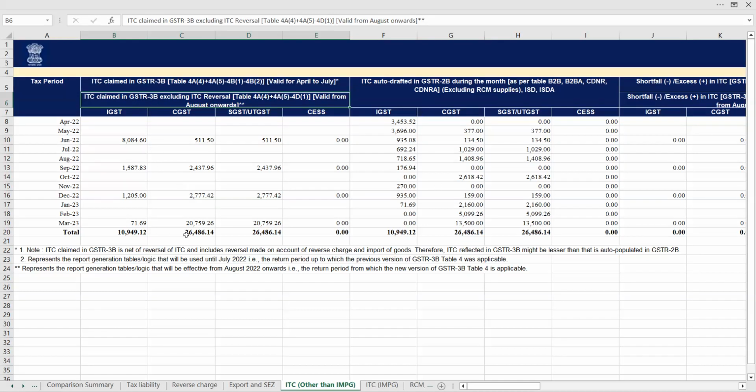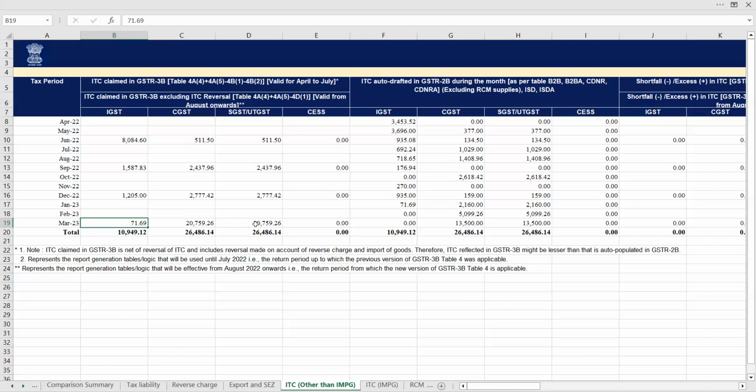Okay. So you see last month, March, though he has filed the return on 19th April 2023, this report is capturing how much input credit he has availed for the month of March. You see here 72 rupees, 20,759, 20,759. That means